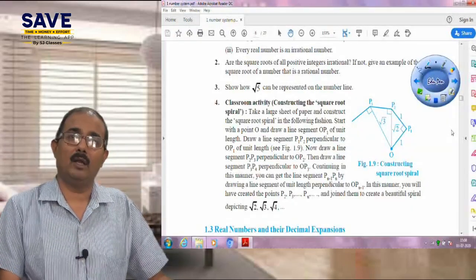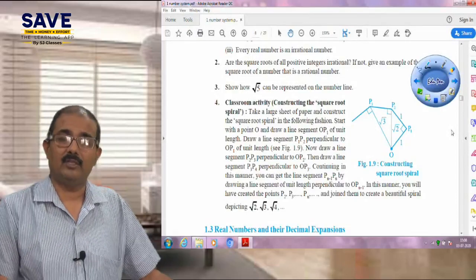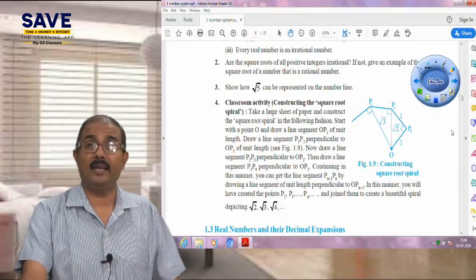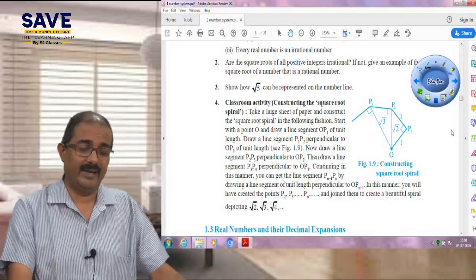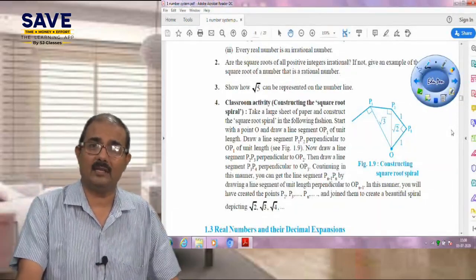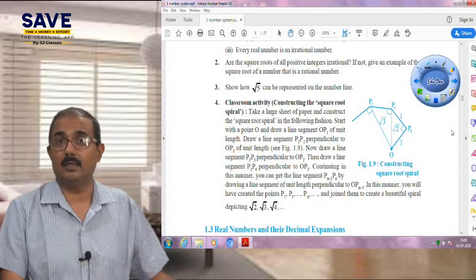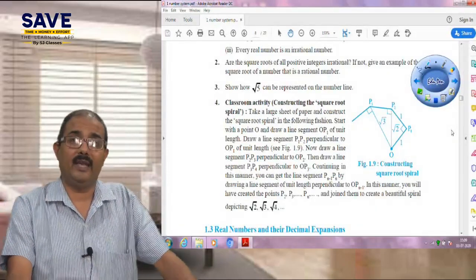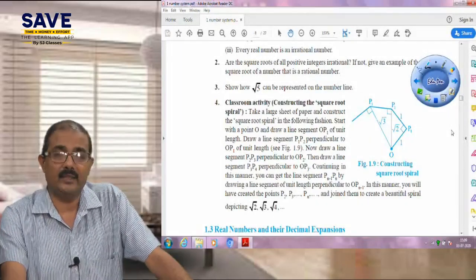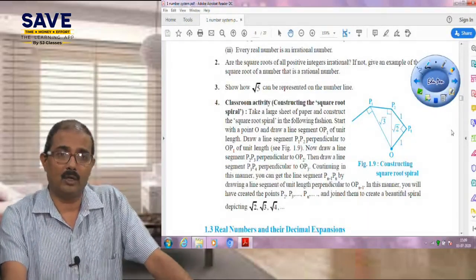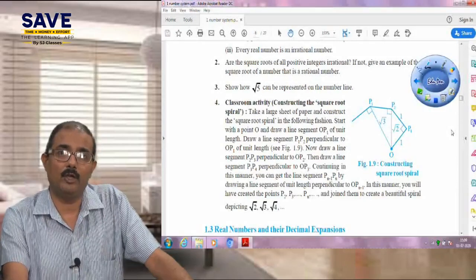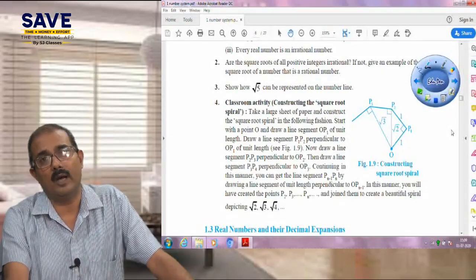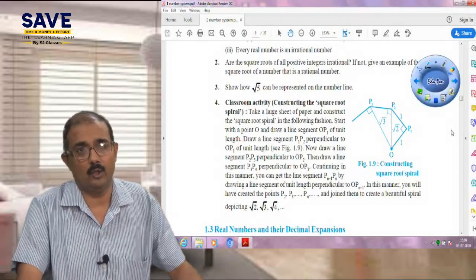So that's all in this lecture, in which we have discussed exercises 1.1 and 1.2. In the coming lectures, we will discuss the next exercise of the NCERT book. As I already told you, we will discuss all the questions of the NCERT book, and after that I will give you some important questions from the examination point of view, and certainly they will help you to score good marks in your examination. Thank you.